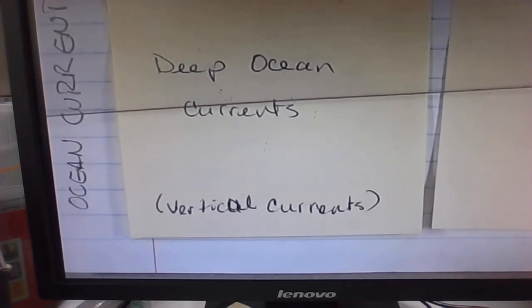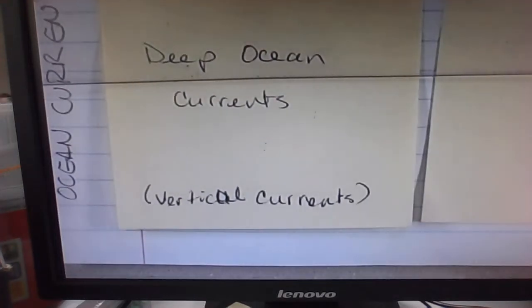Deep ocean currents, and our ocean is very deep, kilometers worth of water. So these are vertical currents because